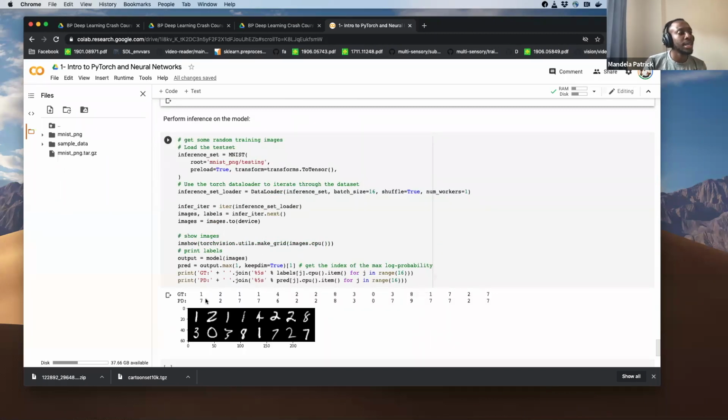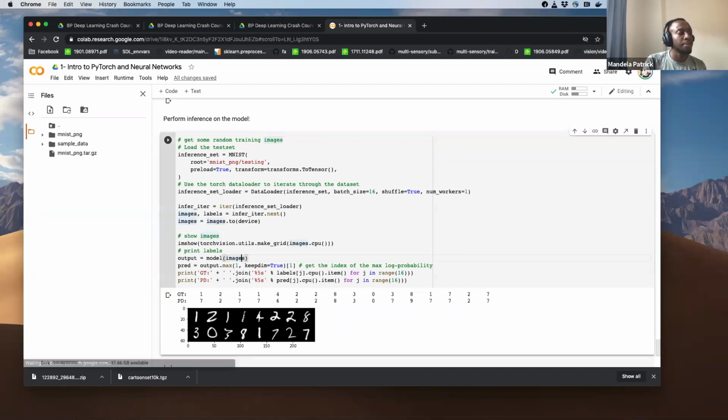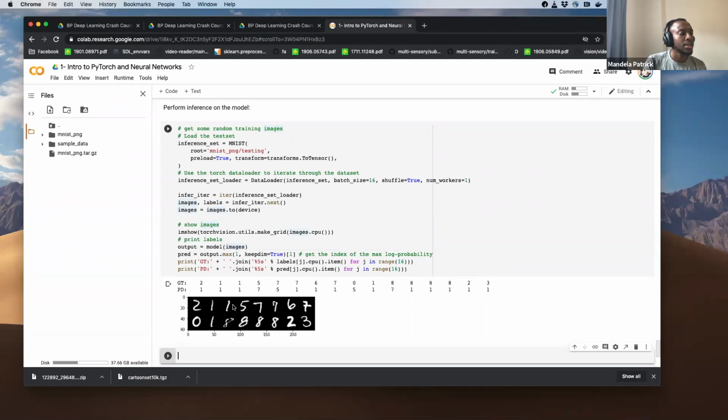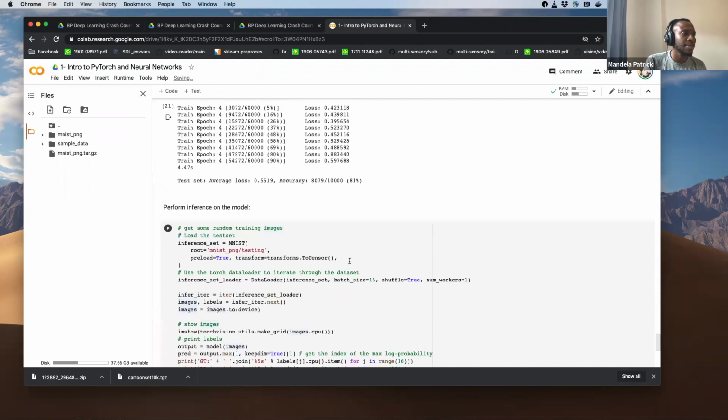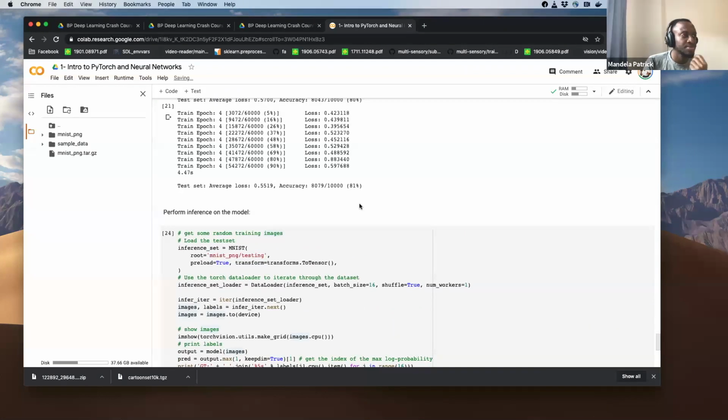If we randomly sample again, here it's wrong. It seems to be mixing up 7 and 5. Yeah, so its accuracy is about 80%, which is okay. But once we look at convolutional neural networks, it would get to 99%.